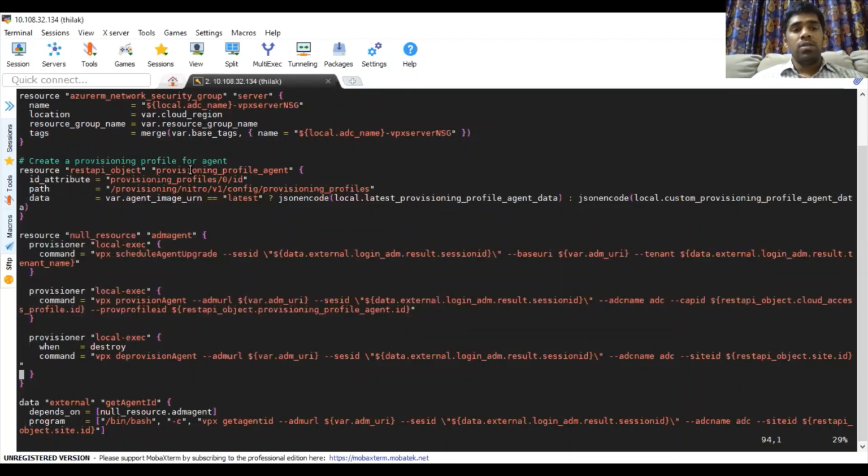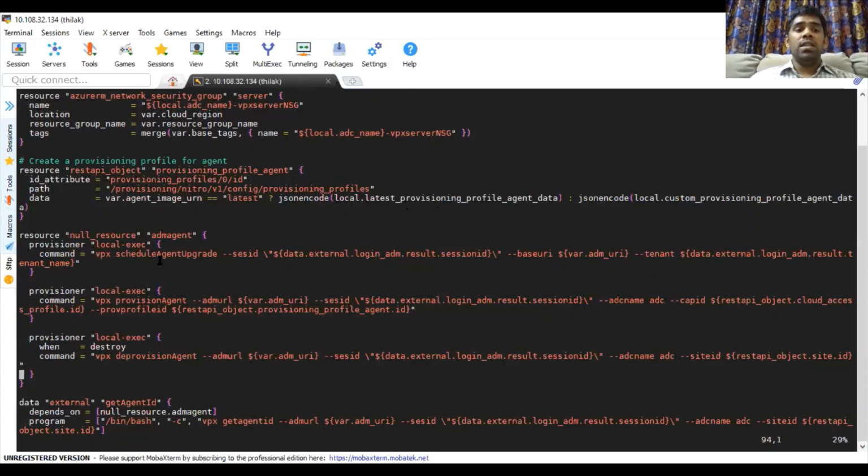As part of this provisioning profile agent, we pass the agent instance details and the required subnet and security groups for the agent, and we get an ID as a return value for this API, and we use that ID in the next API, which is actually deploying the agent.